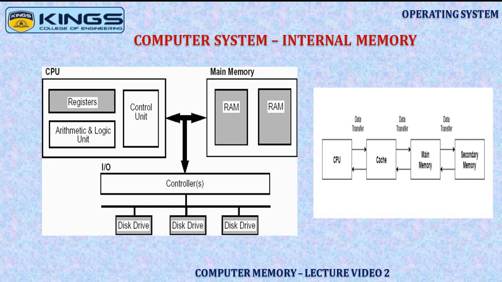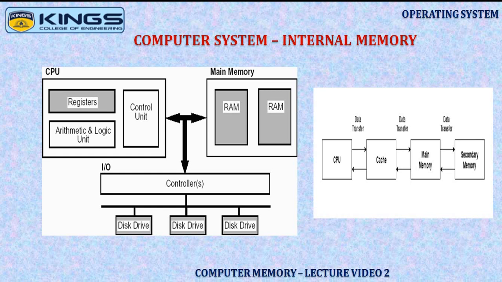And next comes the main memory. The main memory occupies the central position because it is equipped to communicate directly with the CPU and with the secondary memory devices through the I/O processor. When a program not residing in main memory is needed by the CPU, it is brought in from secondary memory. Programs not currently needed in main memory are transferred back to the secondary memory to provide space in main memory for other programs that are currently in use.